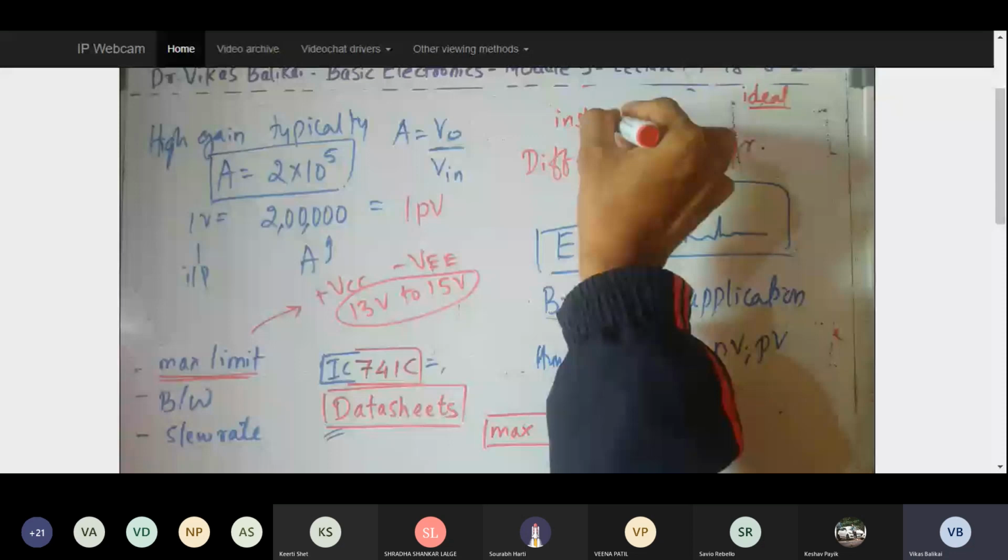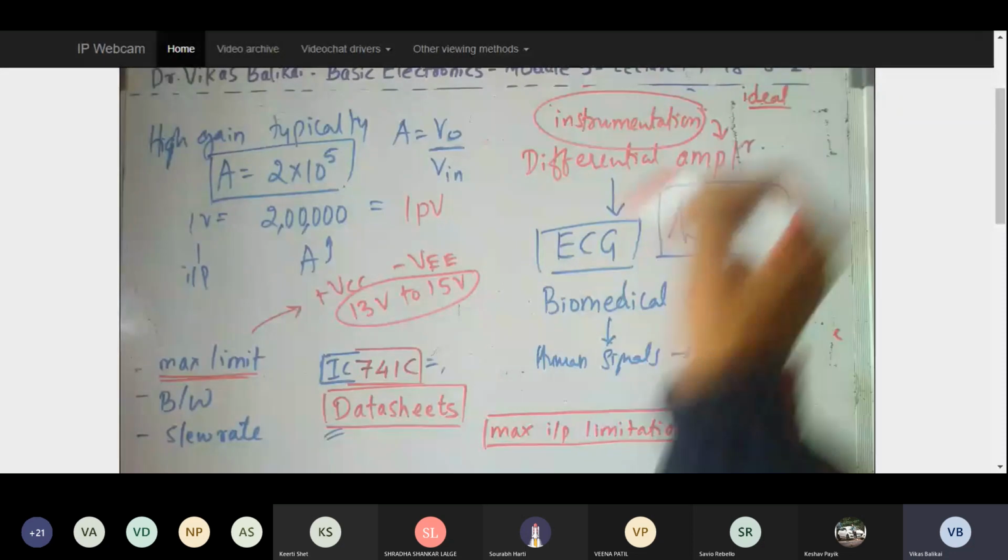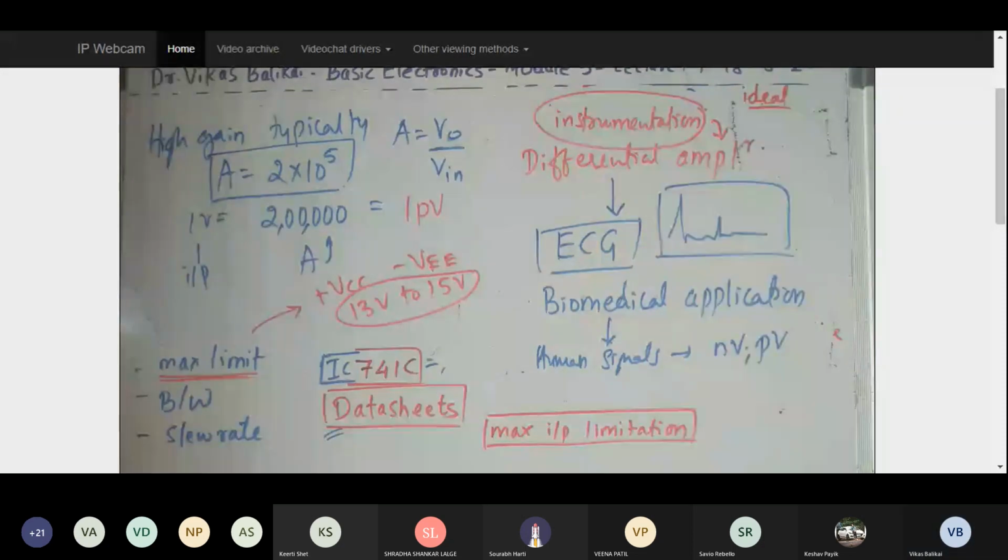Instrumentation amplifier. The instrumentation amplifier is made up of op-amps. Whatever we use in detecting all the biomedical signals or human signals, or in simple words, the ECG signals, they are built using operational amplifiers. And this is where the best example of an operational amplifier, which is practically suitable, is your biomedical field. And like I was telling, I will never be able to achieve any voltage greater than the plus